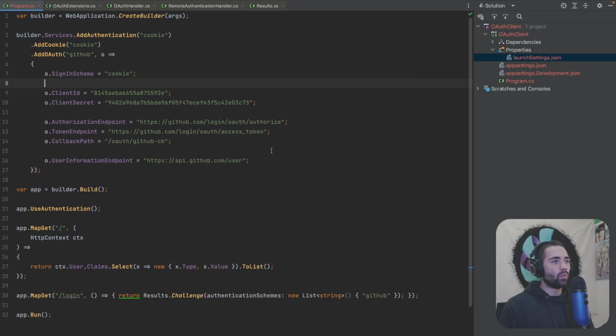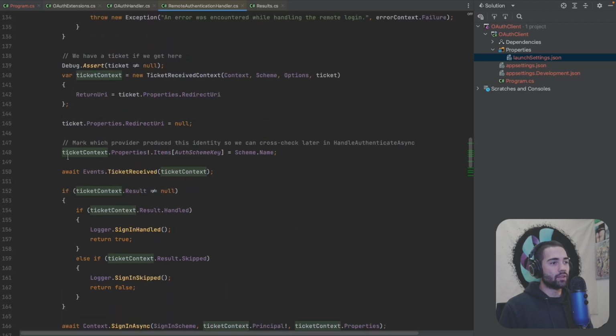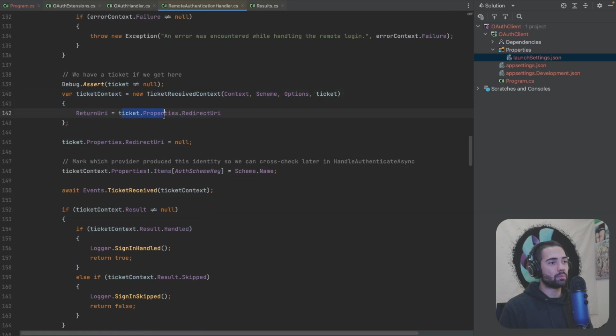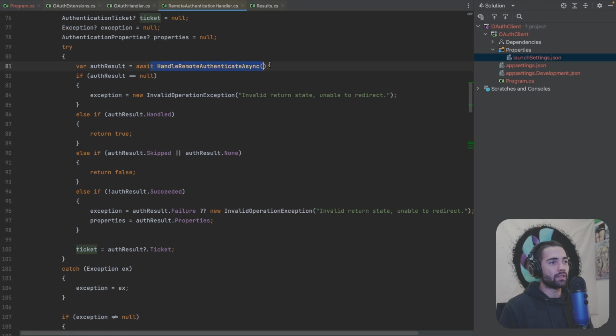Why? Well, when we briefly took a look at the remote authentication handler, I said that we're gonna be going back to the return URI. It's contained in the ticket context. Where do we create the ticket context? Right over here. The return URI is set from ticket properties .redirect URI. The ticket is coming from the handle remote authenticate async, so we have the auth result over here. Finally, we're setting the ticket over here. We can keep tracing it, so from this auth result ticket,